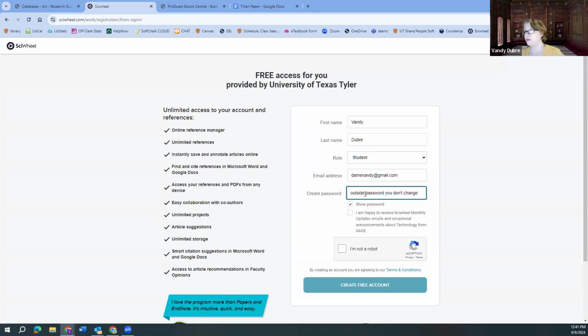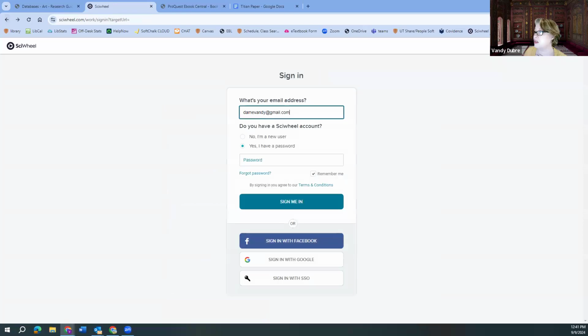Then you're going to say, I'm not a robot, and create a free account. And create an account. This puts you under our umbrella, which means you can have as many projects as you want. The other one, they offer that free for everybody, and it is